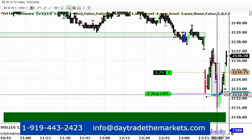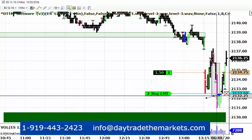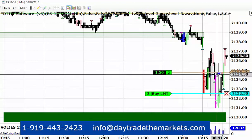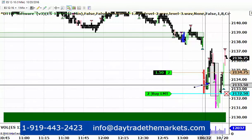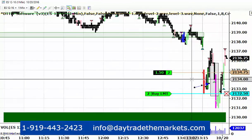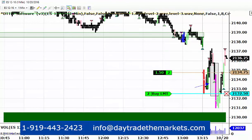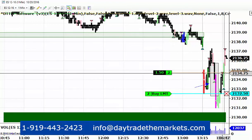I tried to get long here just after the low came in. It popped up and didn't go down and make a new low, so I tried to get long here. It never did pull back to there, so I went ahead and put this long entry in here, and that's kind of where we're at this point. So it's moved up to 37. You can see here we've only been trading for 15, 16, 17 minutes, and